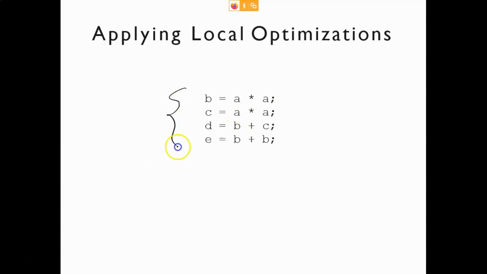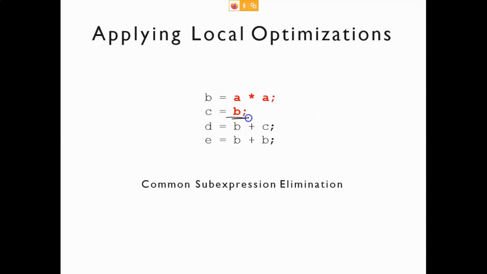So this was the example. We have already seen this example, but let's look at it once again. Here you can see this a star a is there, and again this a star a is there. So you can do the common sub expression elimination. Same expression you have, and in the middle this expression is not changing, so you can replace this a star a using b. Like this you can do. Now after this, with this expression b, you can apply the copy propagation.